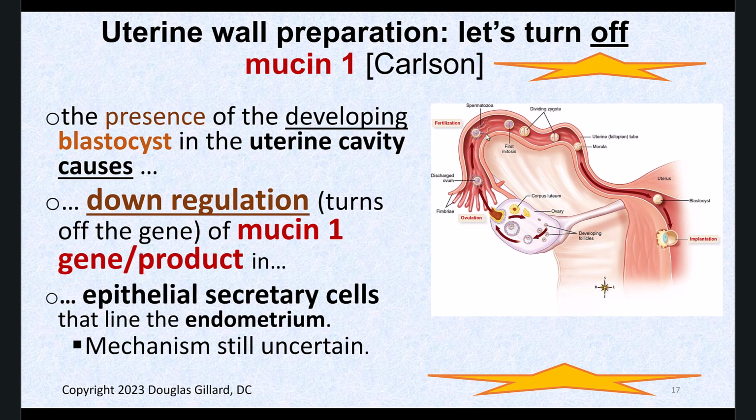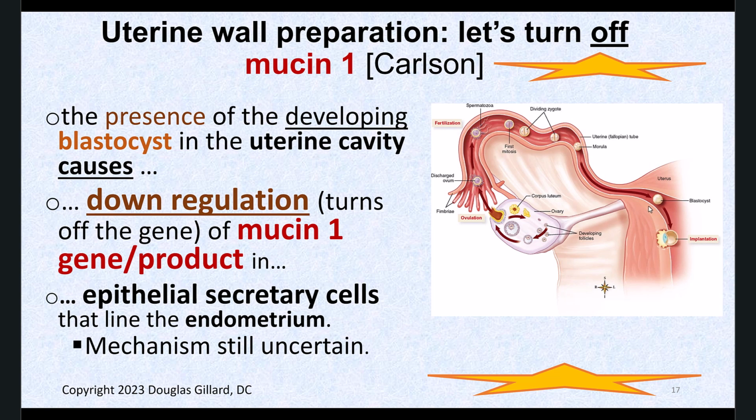Here's a little story of where we've been. There's our secondary oocyte, fertilized at this point, going down. There's a morula. We dropped into the uterine cavity, and now we're going to implant. So that's where we are now. And the presence of the blastocyst floating around in the uterine cavity causes that mucus